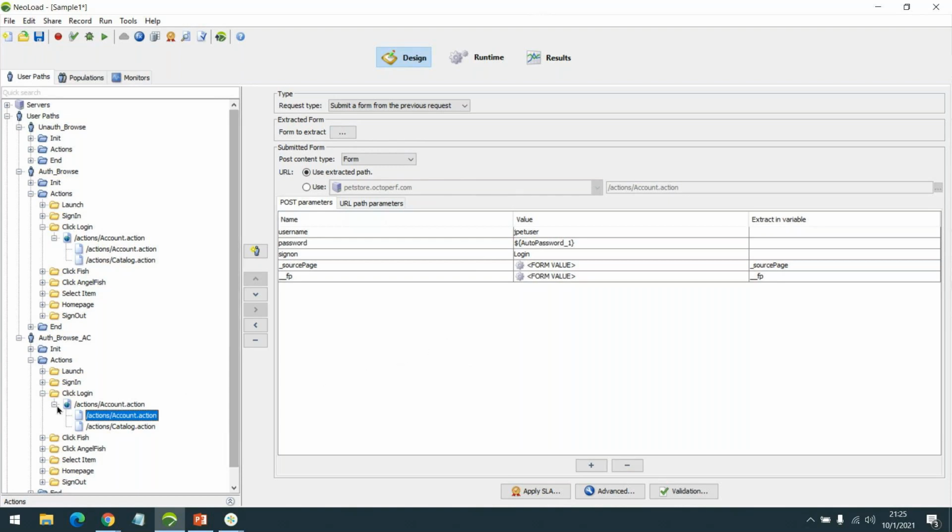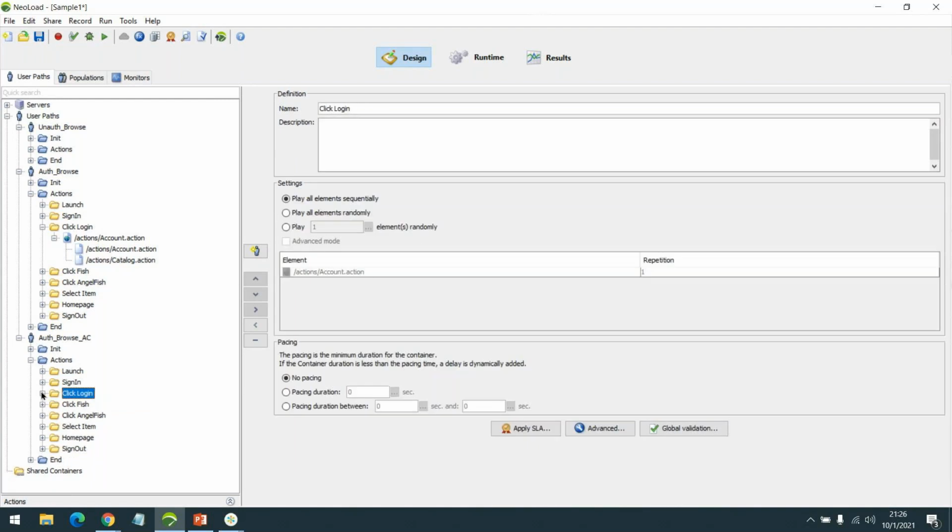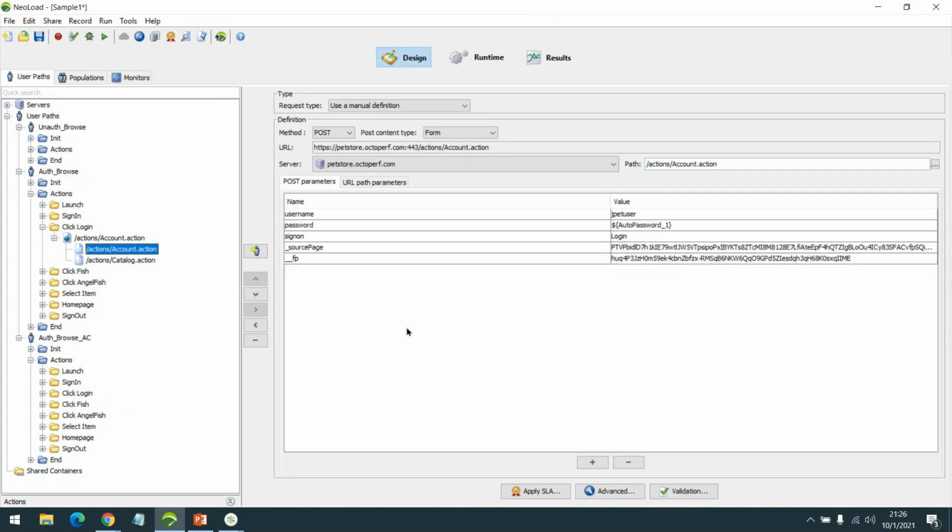We actually don't know what happened. NeoLoad has automatically gone ahead and done some things, and now the correlation is done for these two values. So here the correlation is automatically done.